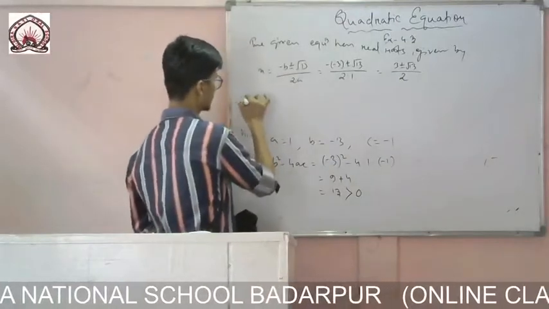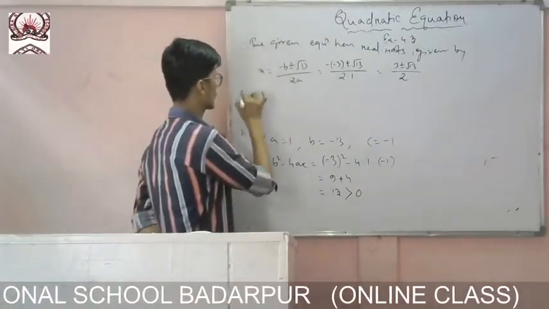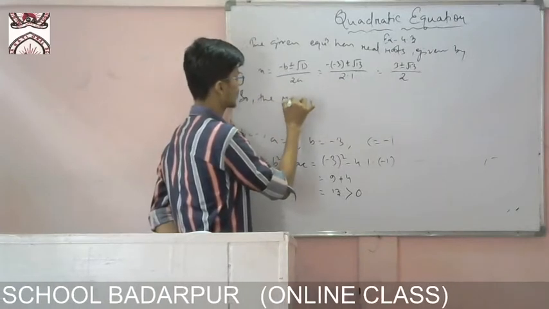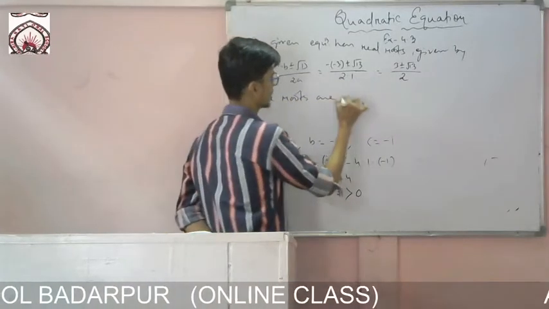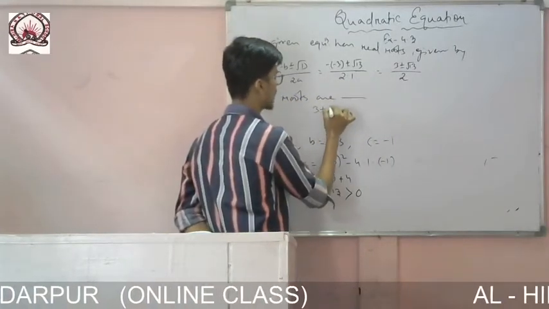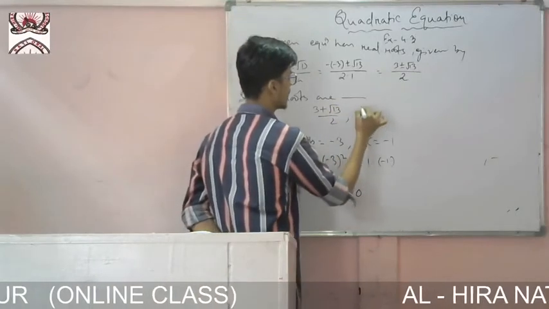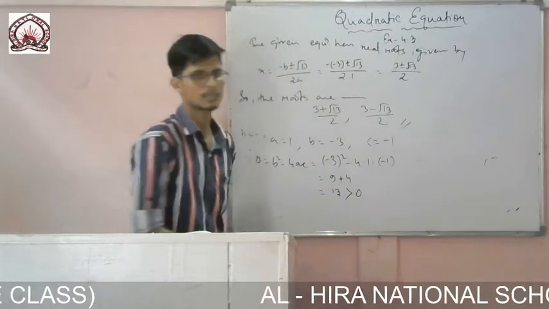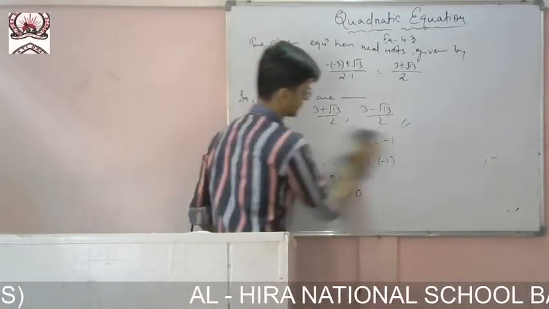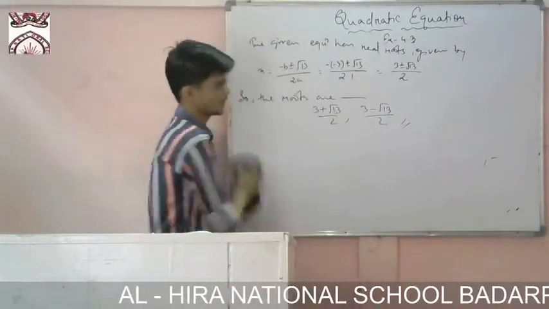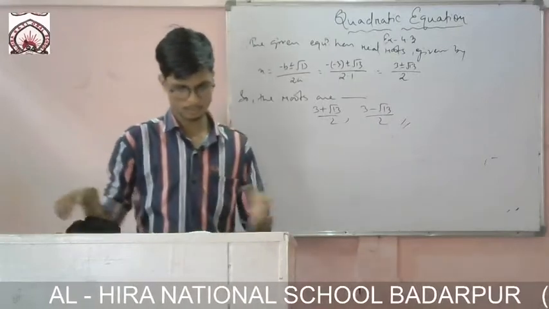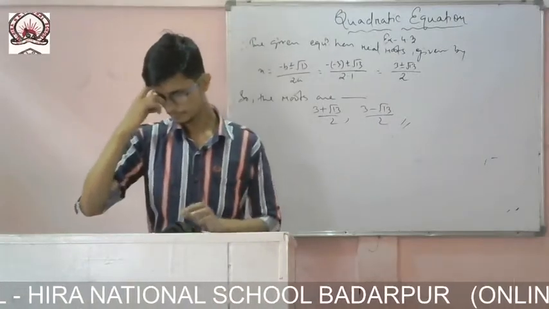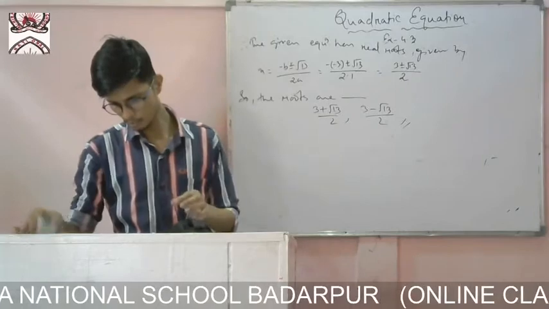So therefore the roots of the equation are, one time 3 plus root 13 by 2, another time 3 minus root 13 by 2. Okay, these are the two roots of the equation. Very easy. How many lines? You see, this big calculation is also not there, easily we have done. So now let us do Roman number 2.